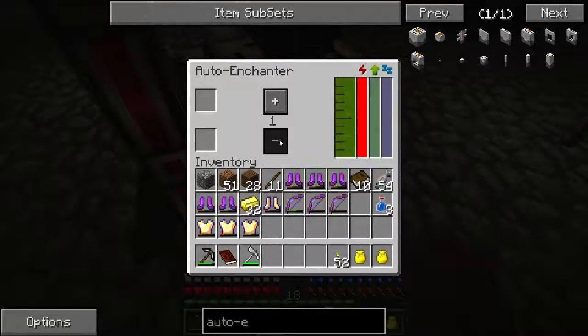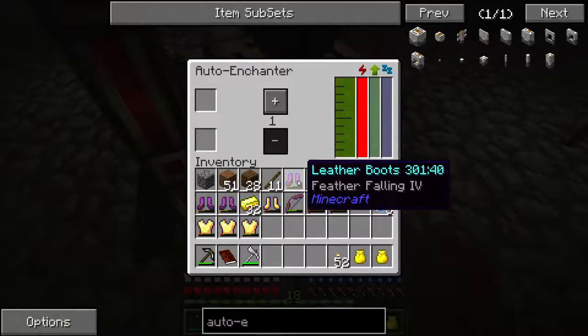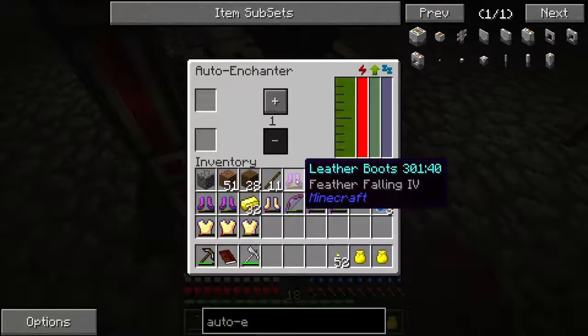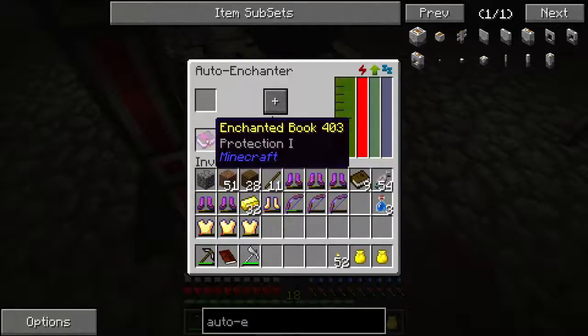Now there's either 2 things you can do with the auto enchanter. Well, 2 things I'm going to demonstrate. You can either put an item in and it will add a random enchantment to that item, or you can put a book in and it will add an enchantment to the book. So let's show you with a book. We put a book in, there you go, because it's only level 1, nice and quick, and that's given it